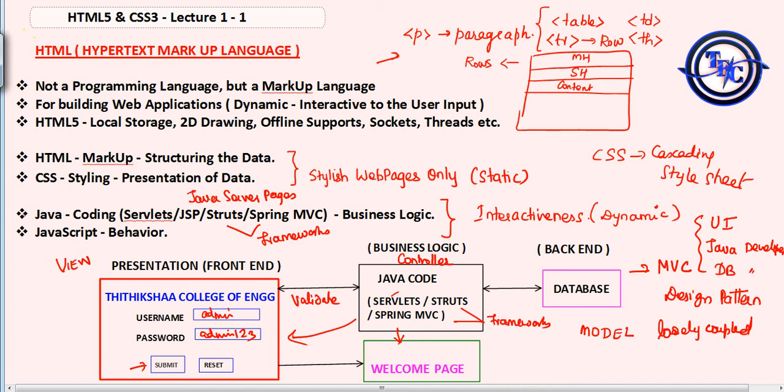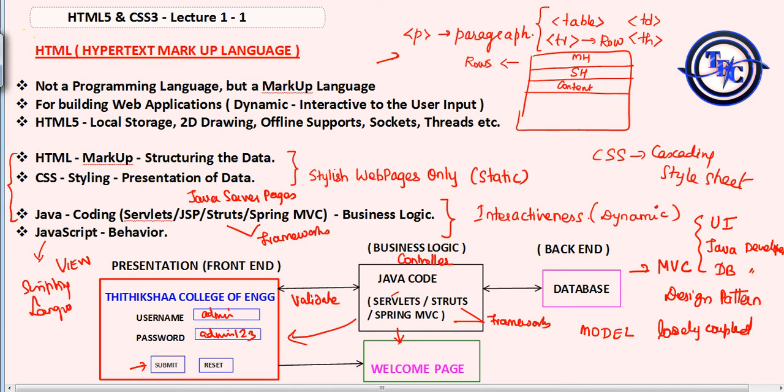Okay. See, apart from this, say for example, if you are a UI developer and you dislike Java coding, anyhow you have to learn Java or any programming language. It's not necessarily Java, it can be Python or .NET, and you can do the business logic with any of them. But if you want to make it very simple, you go for JavaScript. JavaScript is a scripting language.